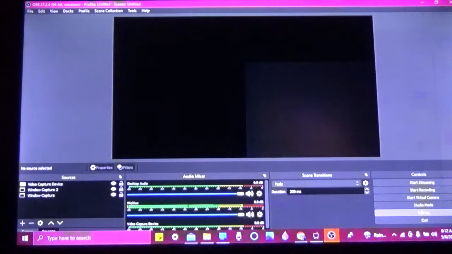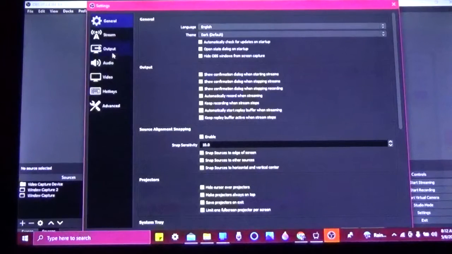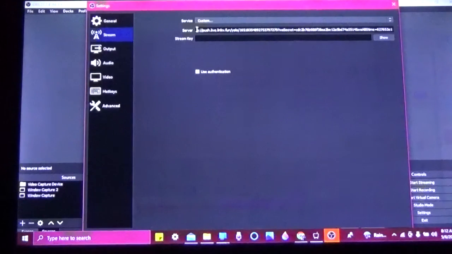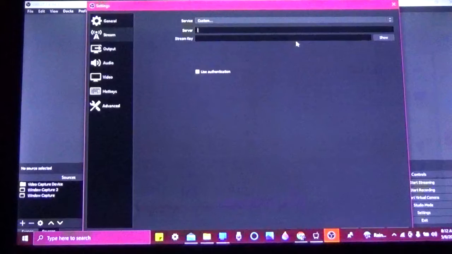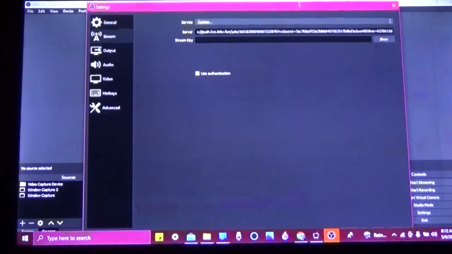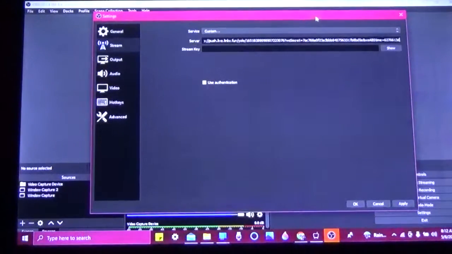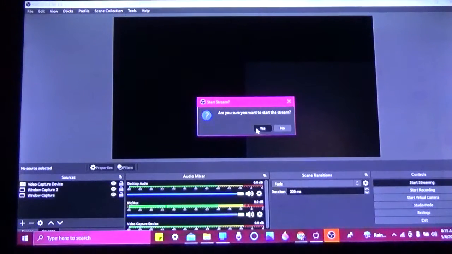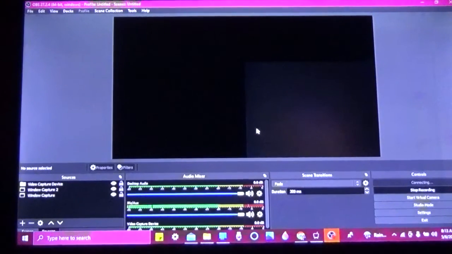You come over here. You have your settings. You go to settings. It's one click. Okay, you go to stream. You click on this. You delete this. Control V to paste it again because you just had it up there. Okay, you're going to click apply, which is going to be in this section. You might have to bring up your screen, click apply, click OK, click start streaming, click yes, and from your phone,